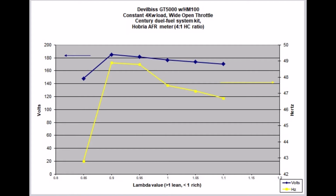Then I adjust the fuel screw on the demand regulator while also measuring the frequency of the AC power. When the air-to-fuel ratio is set correctly, then the frequency will be the highest, and it will go down if it's opened or closed either way. Here I'm showing that with natural gas and a worn-out flathead engine, peak power is at 0.92 lambda, or 8%